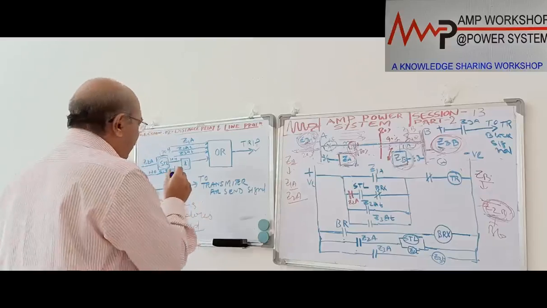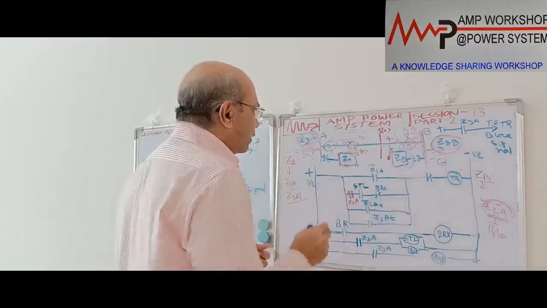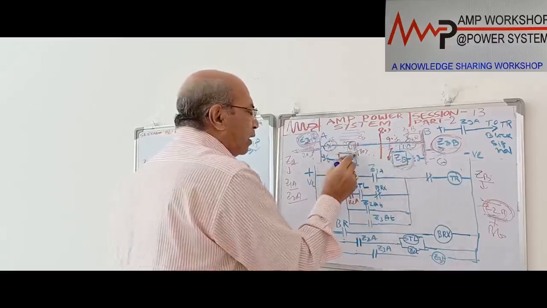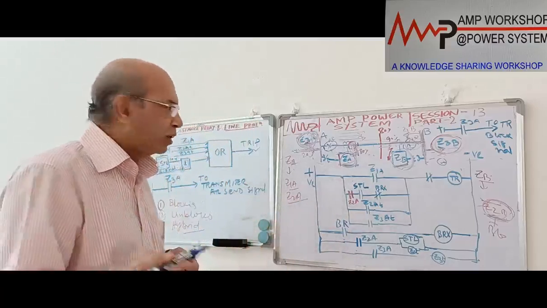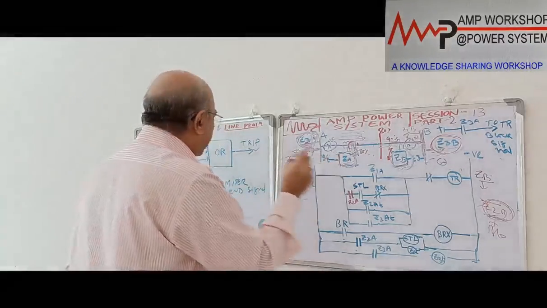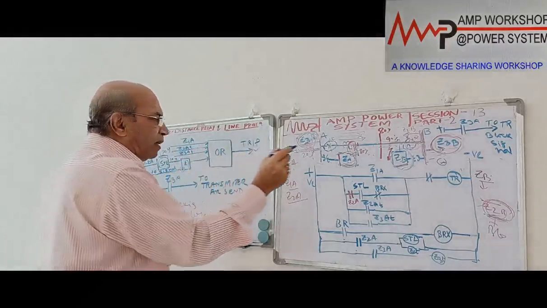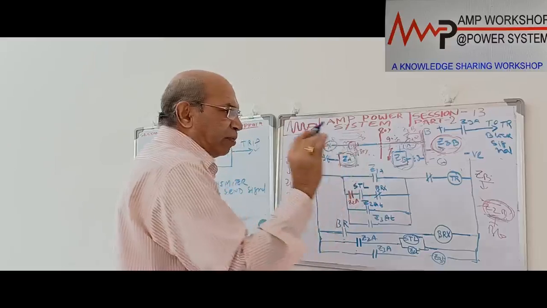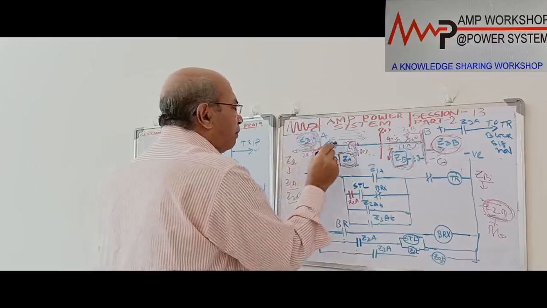So I have drawn this, and then another thing over here, that this is an expedite tripping, end zone fault clearance, and normal zone 2. If suppose all this has not operated, in that case the zone 2 element has an automatic time delay, a timer; normal 3-step protection is there. So when the normal timer operates, after the timer, maybe 250 milliseconds, it can trip again. And if the zone 3 element operates, the zone 3 element will send the signal for the expedite operation. Still, zone 3 operation will give another timer that will trip this breaker.